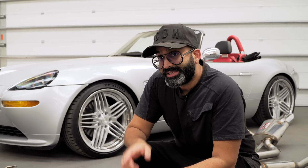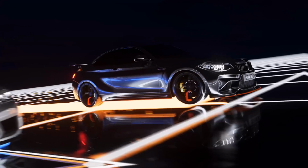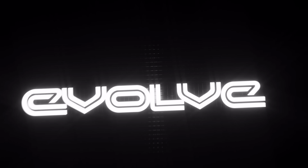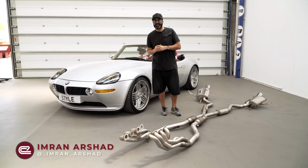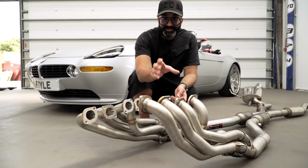Today we are going to be fitting a full Supersprint exhaust including manifolds and sports cats to our Z8. As you can see, we have the whole exhaust laid out in front of us, so let's take a closer look. At the front of the exhaust, we have the exhaust manifold, and this is where the magic happens in